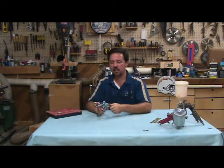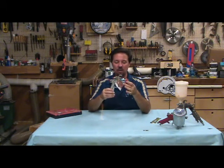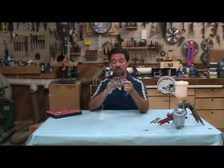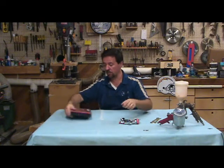That has its place, not always the right course of action. These guns also come with a cup, a siphon feed cup underneath. A lot of times they can be interchanged, a siphon feed cup and a pressure pot. They work together. I want to mention real quick,